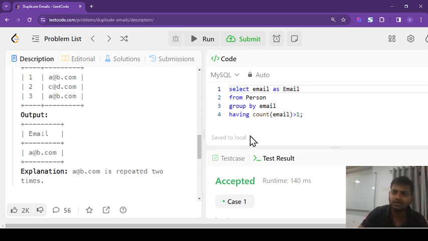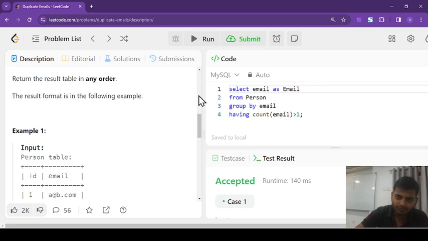In this query you only have to keep in mind: first, read the problem statement carefully. After that, apply group by, and after group by we never use the where clause. After group by we always pass the condition using the having keyword. After the having keyword we pass the condition, and each query always ends with a semicolon. Likewise we can achieve our expected output through this query. I hope you get the idea of how we write the query.